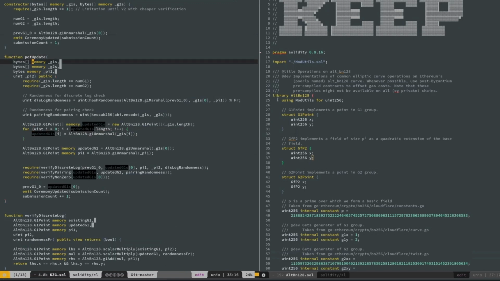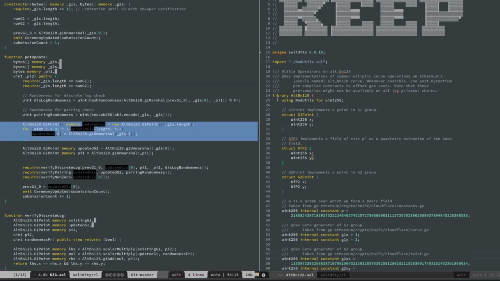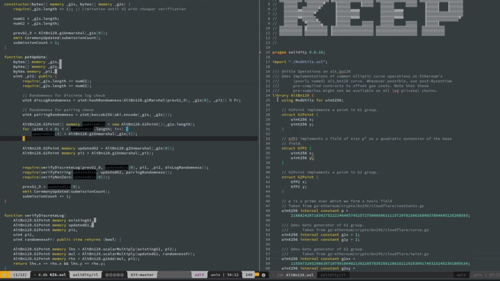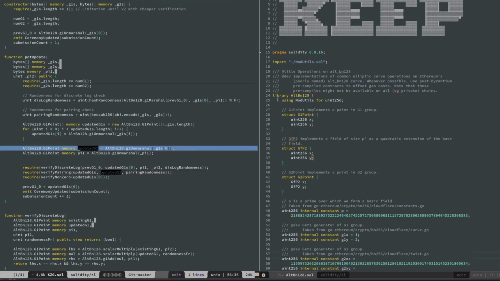So basically, this is containing a set of group elements. This is just doing the conversion, right? Just serializing them, or rather unserializing them into the types that we want. And then we have this updated G2. Oh, because there's only one element. So that second list of group elements is one big because of this